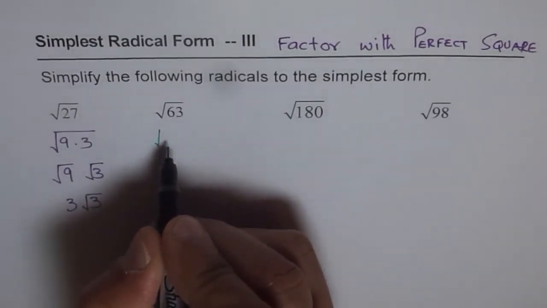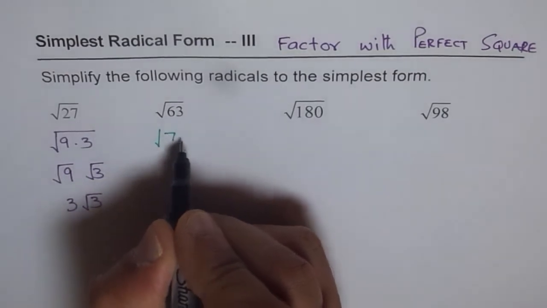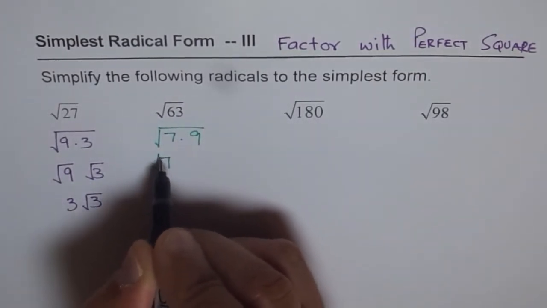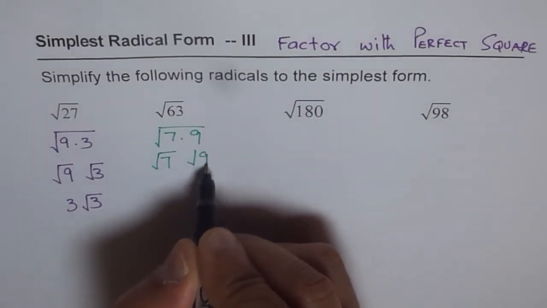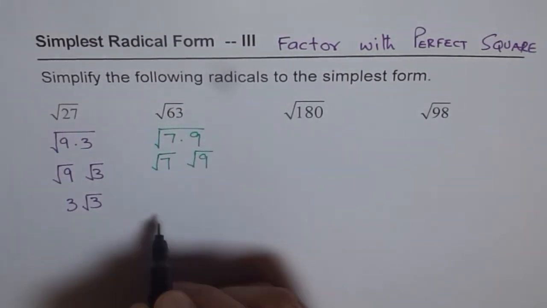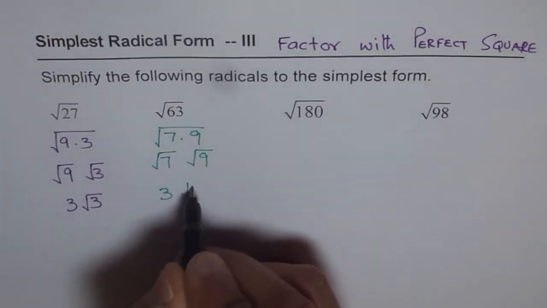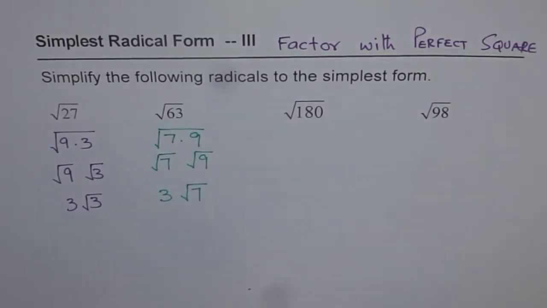63 is 7 times 9, right? 7 times 9 is 63. So we can write this as square root of 7 times square root of 9. Well, square root of 9, as you know, is 3. So we can simplify this as 3 square root of 7. So that's how we can simplify square root of 63. Now let's do